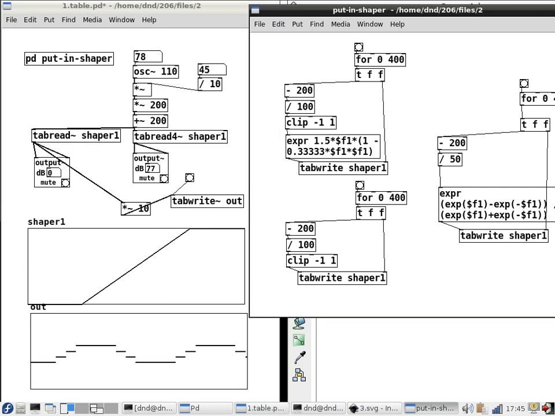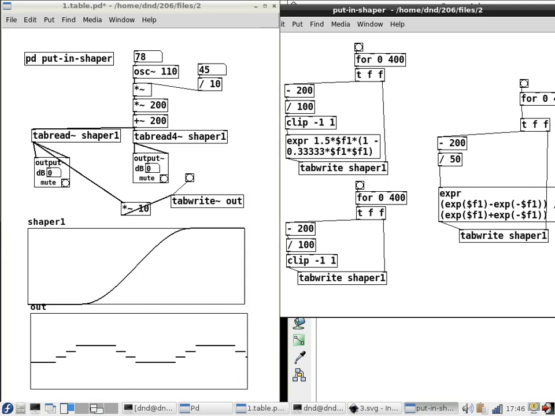Using this kind of shaper, or this kind of shaper, or this kind of shaper. And here, I can't tell the difference. Let me tell you what these are, I'm sorry. This one,